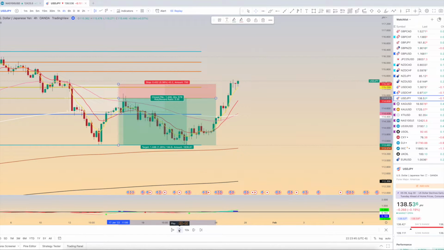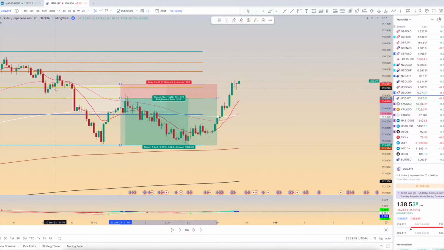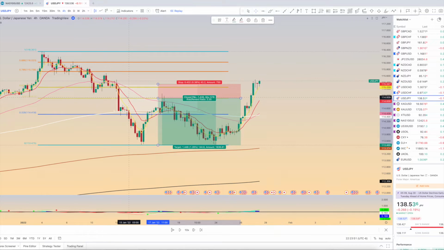Interesting how that worked out, right, guys? So now you understand the incredible validity of doing your fibs, doing a Gann box, finding your imbalance. Now you see I'm compounding the amount of indicators and tools that I'm using to do my analysis. Okay, and I'm playing the replay. I know overall this is going up, but I'm taking trades on a sell, right? I don't know where they were. I didn't scan this back in January and examine this right before the video to make sure I got every single one. We were doing it live,